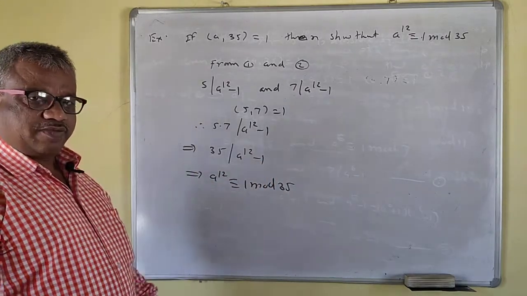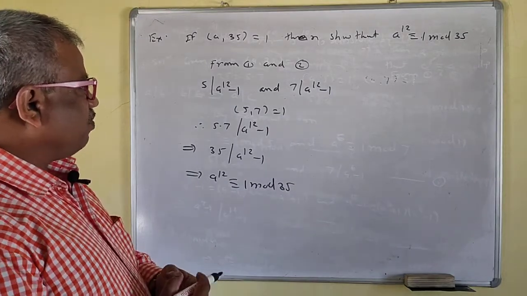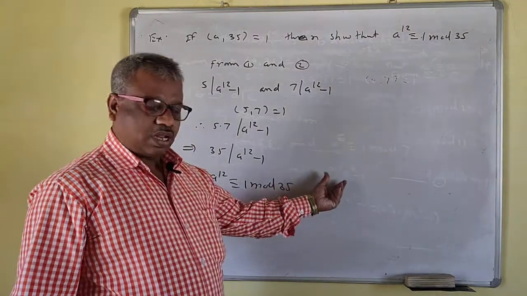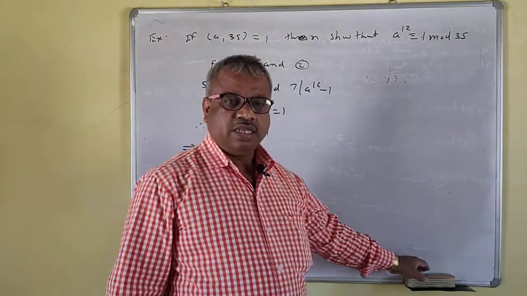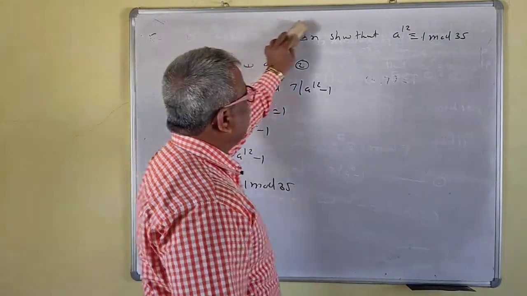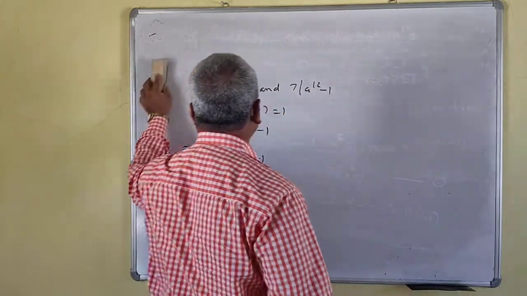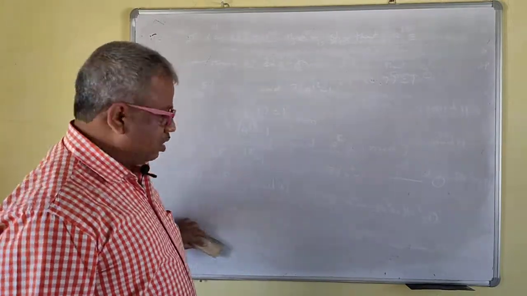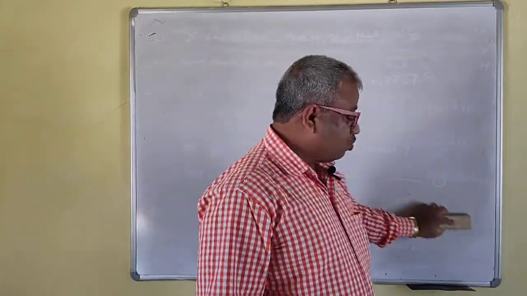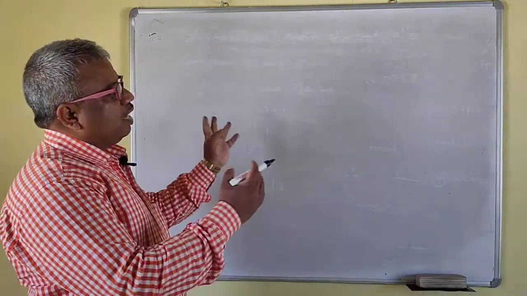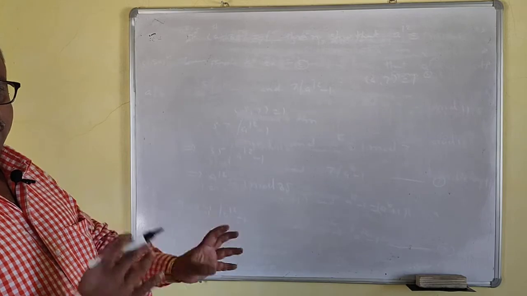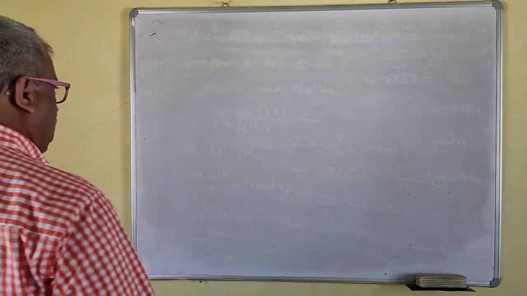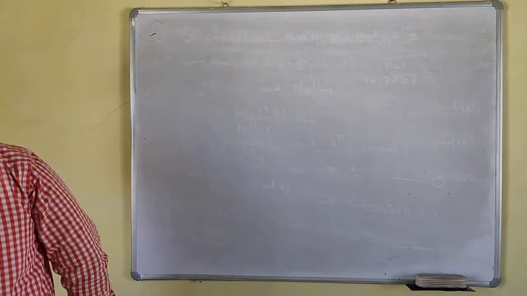So if you understand the definition of congruence modulo, then you can easily prove any theorem. You should also understand divisibility, like A divides B, B divides C. The basic definitions of the whole chapter are important here. If you understand the basic definitions and the properties of division and congruence modulo n, then the theorems and problems are very easy, and you can easily solve them. Okay, we will take the next problem.